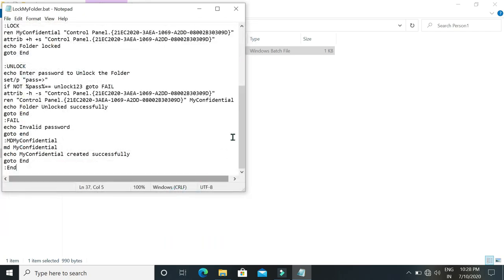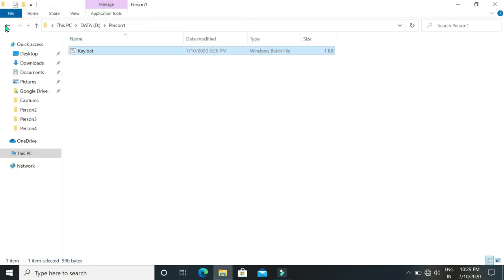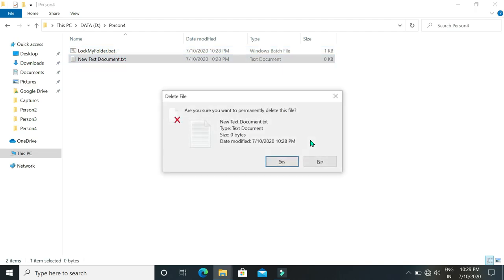Select all files. You can see the batch file has been created. Now you can just delete the text file.